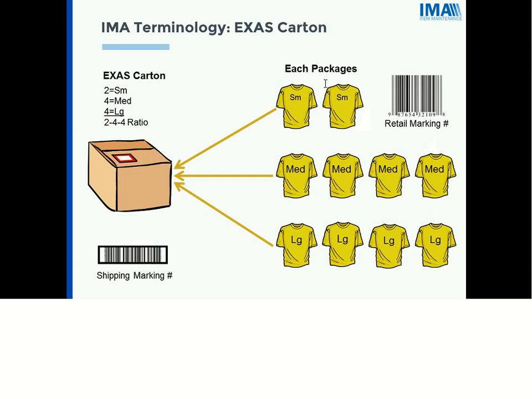And I just got a question from Pat. I sell garments with specific ratios. Which category will I be in? Most likely you're going to be an exploding assortment carton. But you should get some information from your buying teams, and with that, especially if you're a new vendor, you should be told what type of cartons you'll be building for that business.